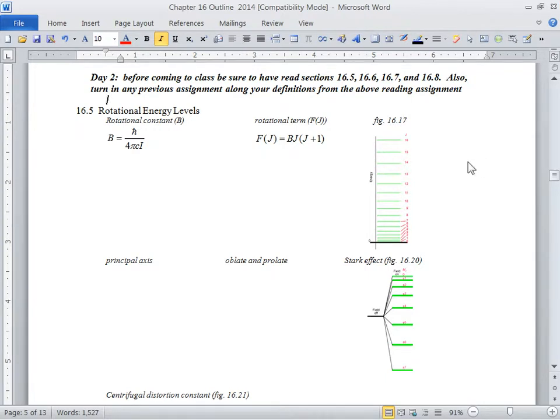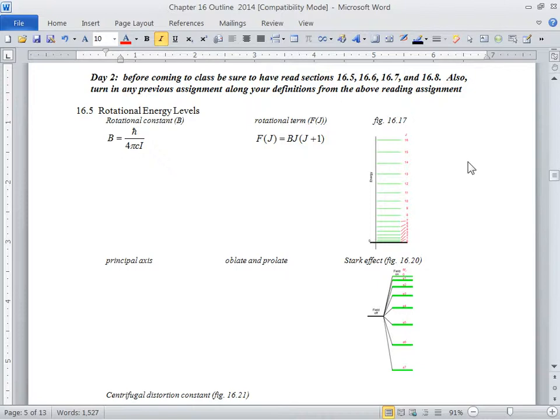So we are still talking about rotational motion and rotational energy levels since energy is quantized, right? It sounds odd that, I mean, if you have a little molecule rotating, why can't it rotate any speed it wants? But that's just not how life is. So if we want to explain it well, that's just not how it works. So